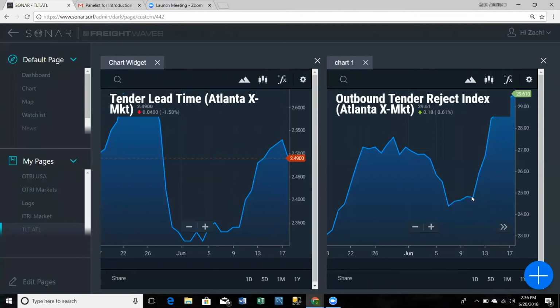So if they're telling me the market's stable and I go over here and I see that the tender rejection index is moving high, I know that that's not true. And again, if you're a shipper, you're saying the market's stable. If you're a carrier, you're saying the market is unstable, and therefore I need a higher rate. And this is a good way for either end to kind of have a good idea of what's actually happening,